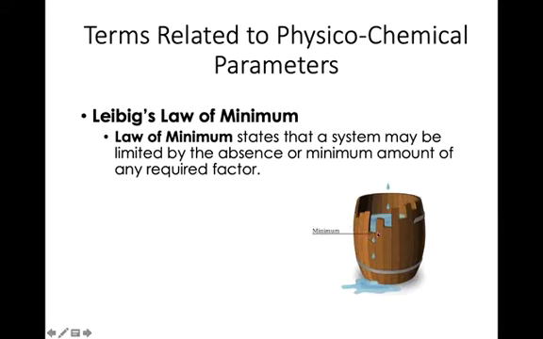As you can see, if you consider this particular part here as one factor, the survival of the organism, which is represented by the water, is being determined by that particular minimum factor, or the factor that is at the minimum level. If there are other factors that are at maximum level or within the average level, they do not necessarily affect the survival and growth of the organism, but the minimum factor that an organism or population needs.